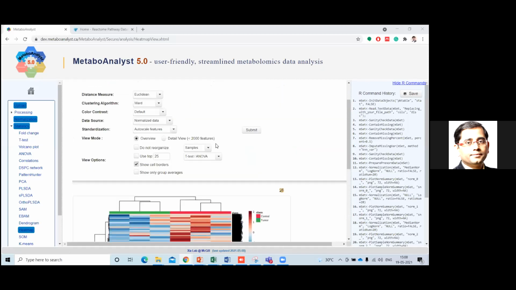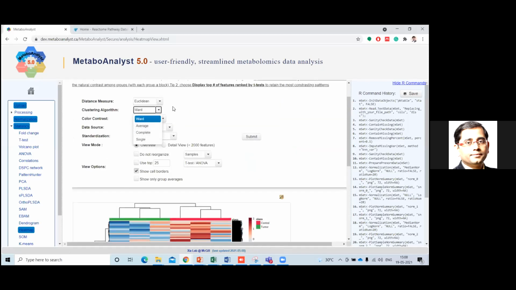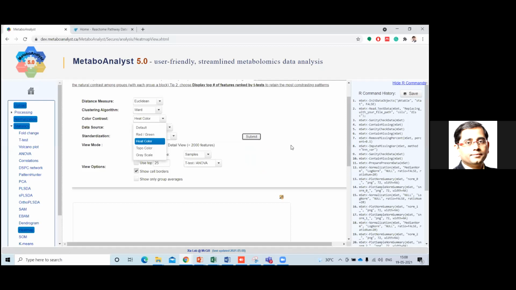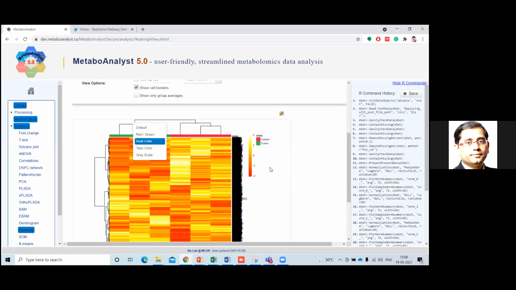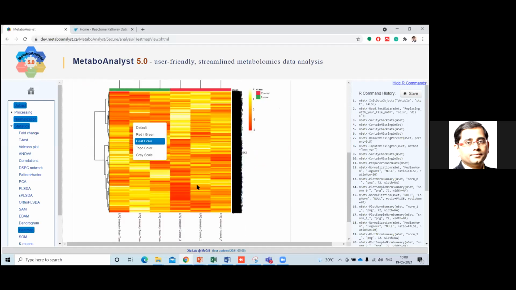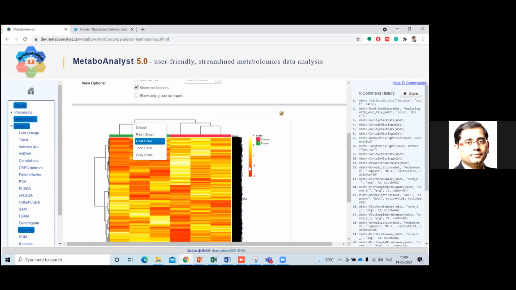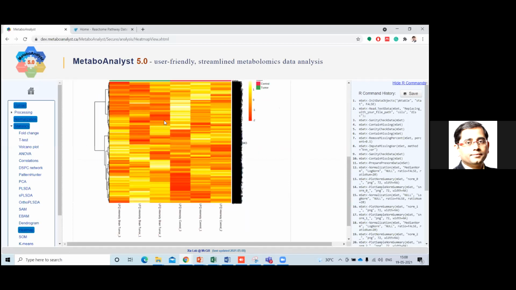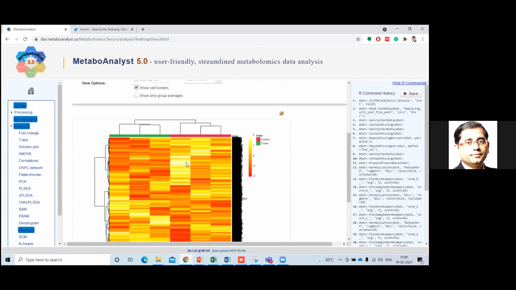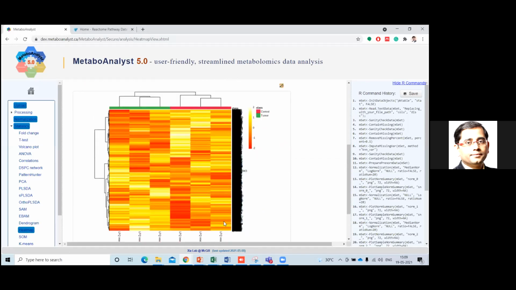If we go to the color and click over here, from this the name heat map actually came, where the coloration went from yellow to orange. After that, with time, multiple colors have come, but this is why it is known as the heat map, and it gives you an idea of what the differences are in terms of proteins. As it is giving an idea of all the proteins, we are not able to actually understand.